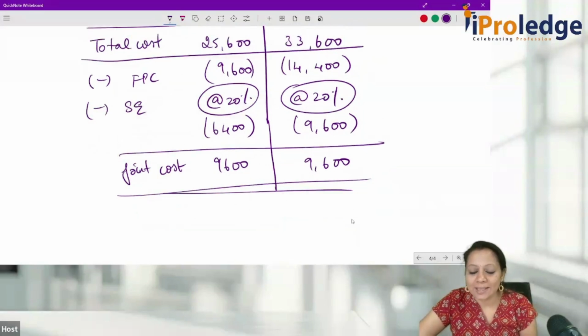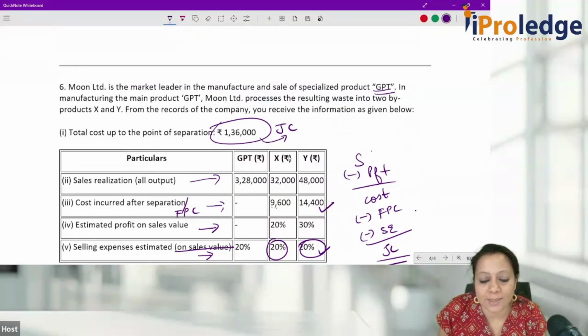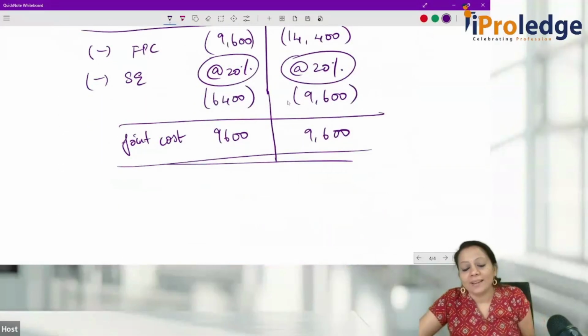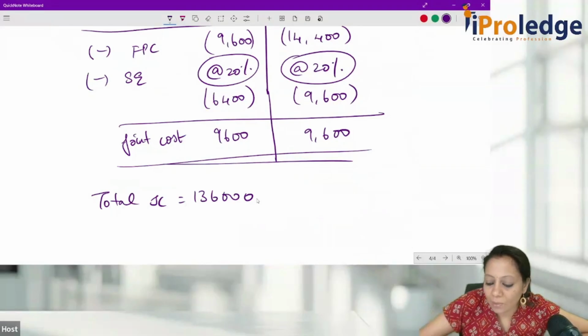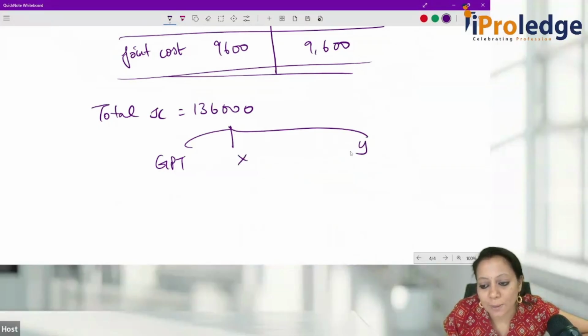Now what we will do is, they have given joint cost here, 1,36,000. Then what is the meaning of that term? Total joint cost is going to be 1,36,000. Out of that, what are the products? GPT, X and Y. X is 9,600, Y is 9,600. That means the balancing figure will be